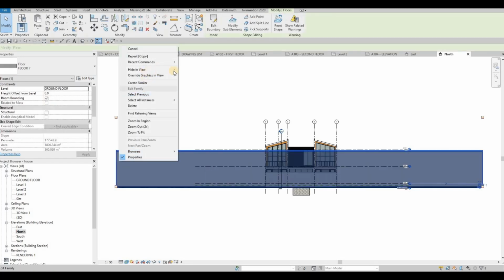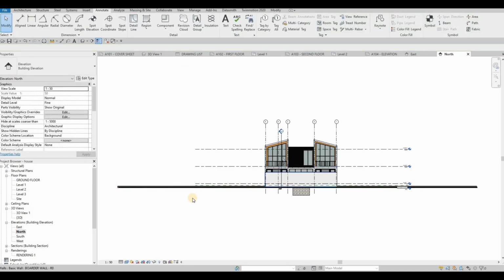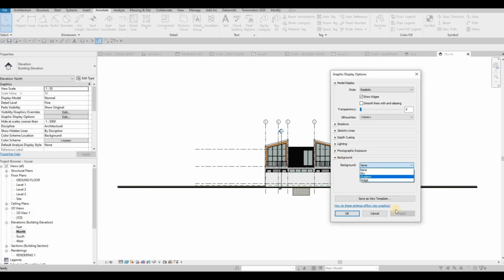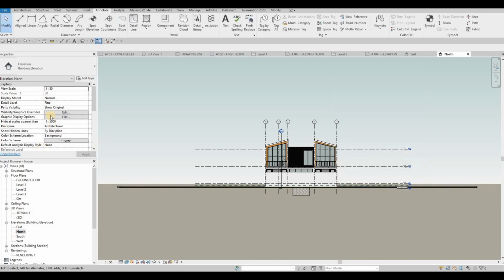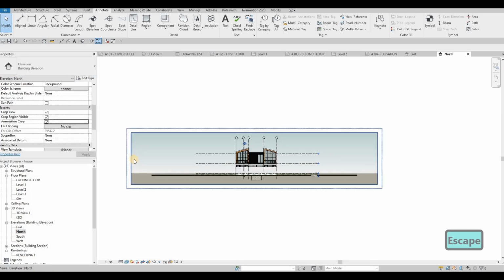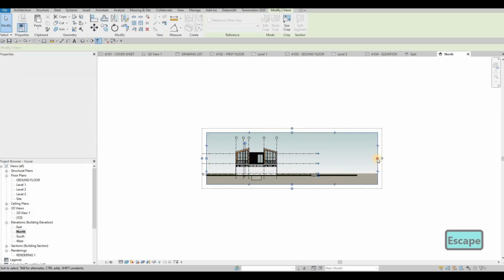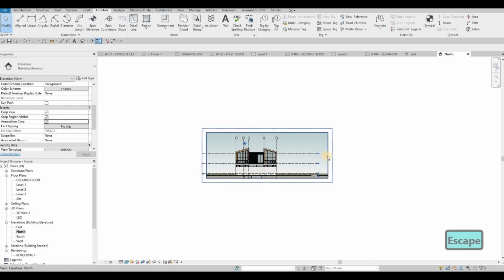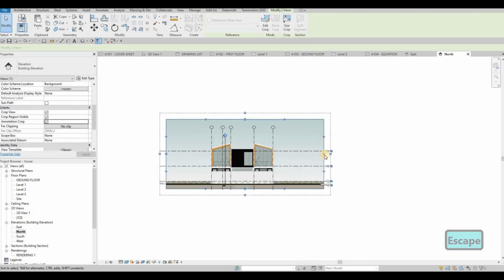I'm going to hide this so that everything is showing, and then don't worry, it's just going to hide on this view. Graphic display, change it to gradient, and then go to properties, check all of this, and then crop it to your liking. I think this is good enough. You can even crop all of this because I know we don't need some of this view right here, but